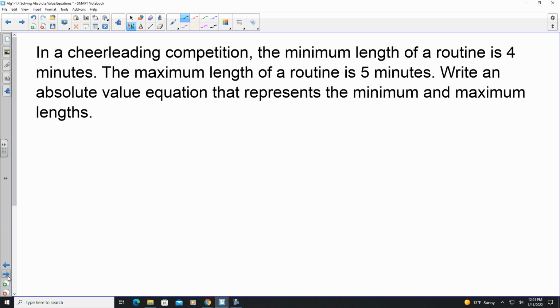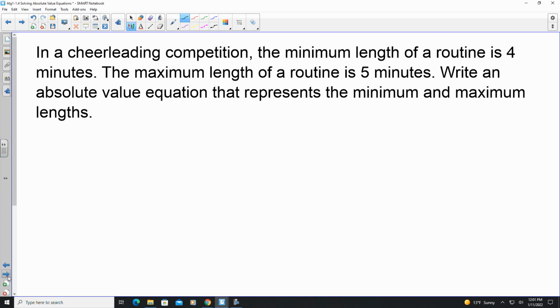Here, they're asking us, it says in a cheerleading competition, the minimum length of a routine is 4 minutes. The maximum length of a routine is 5 minutes. They are wanting us to write an absolute value equation that represents the minimum and maximum lengths. So here, since we already know the minimum and maximum lengths, we can use that to help us represent